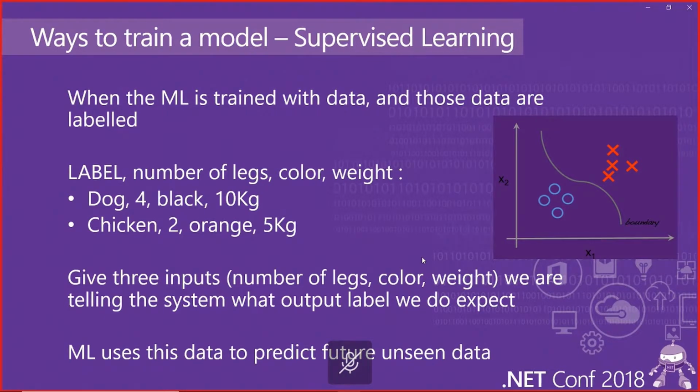What this means is that we have a boundary. If we can represent it in a 2-axis dimension, we will have a boundary, and the boundary can be a straight line, a curve, or whatever, a function, let's say. If the label is dog, it should be a circle. If the label is chicken, it can be red crosses, or we can add a lot more domains.